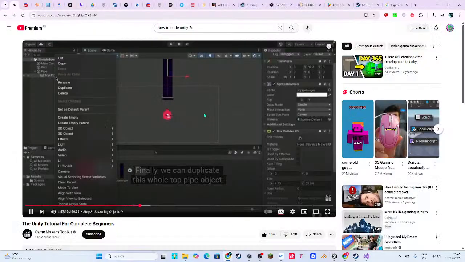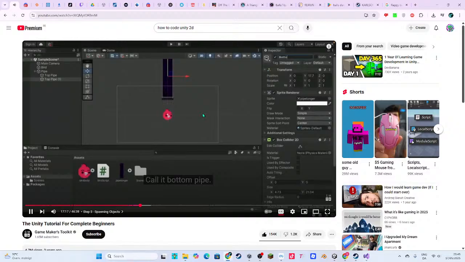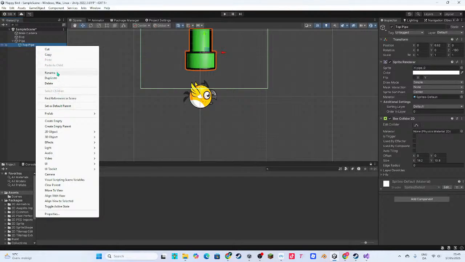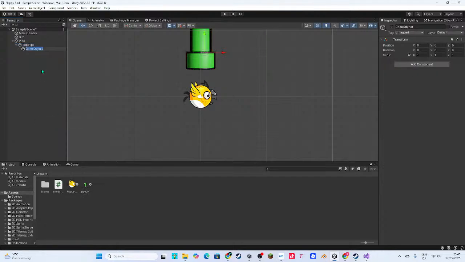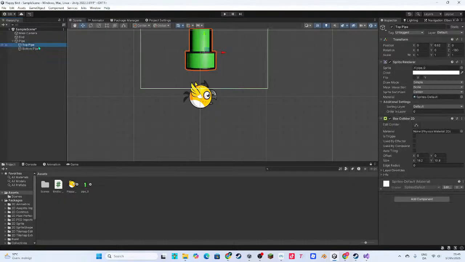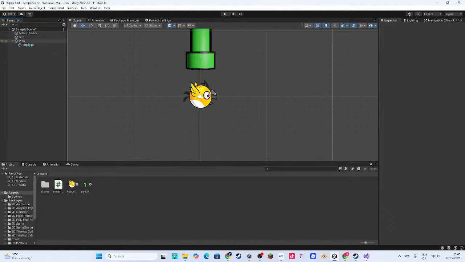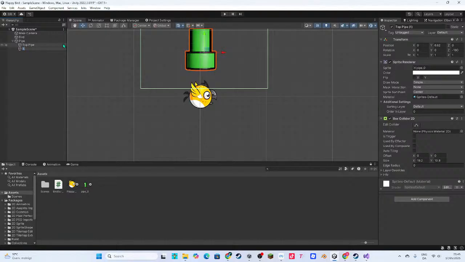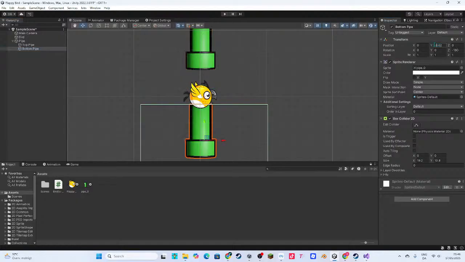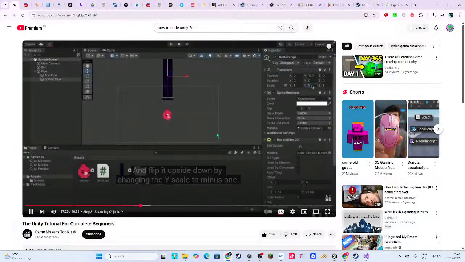And now finally, we can duplicate this whole top pipe object, call it bottom pipe, and flip it upside down by changing the Y scale to -1.